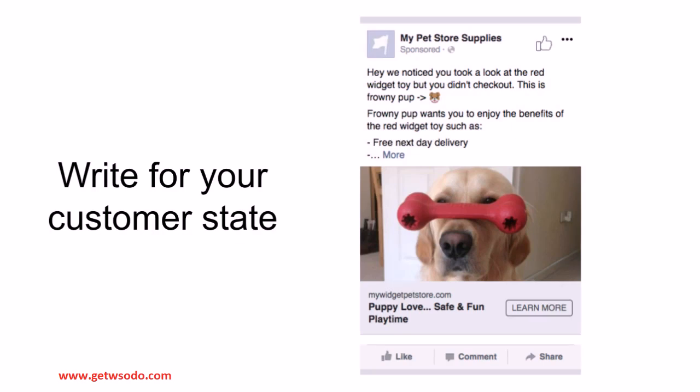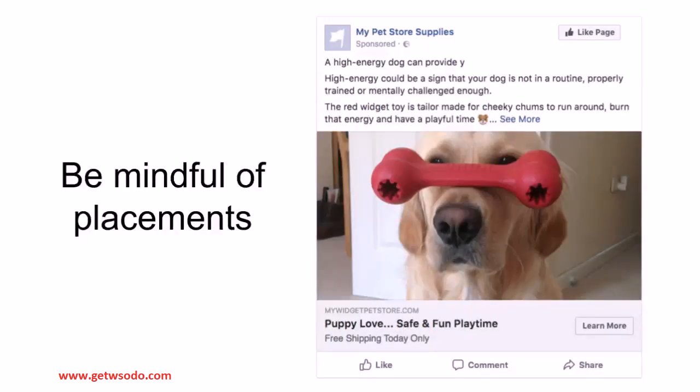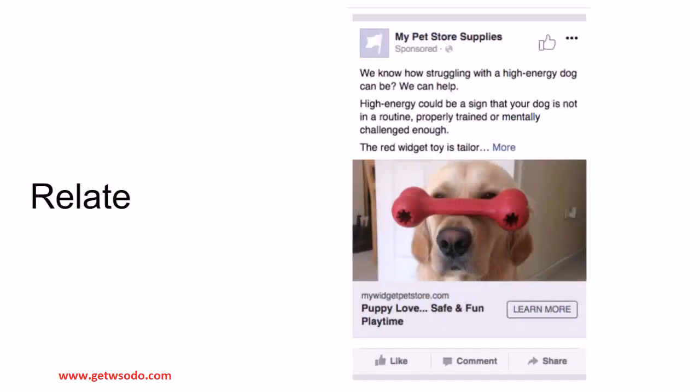This is Frowny Pup. Frowny Pup wants you to enjoy the benefits of the red widget toy, such as XYZ. So what we're doing here, in this fabricated example, is we're introducing a character, and we're trying to, again, kind of soften the approach, use a bit more of a jovial, conversational style of copy here to try and draw them back in. So if they've seen, for example, one of these slightly more serious, poignant ads,